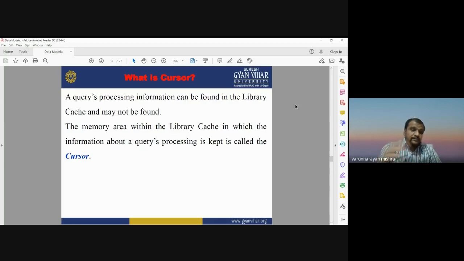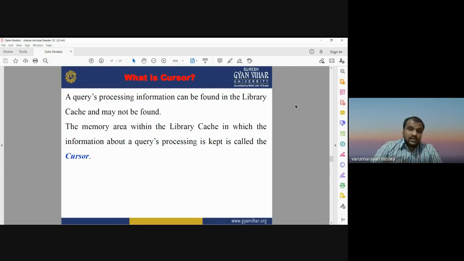Cache is a temporary memory. You have heard this word cache. It is a temporary memory stored in your computer. So a query's processing information can be found in the library cache, and may not be found.